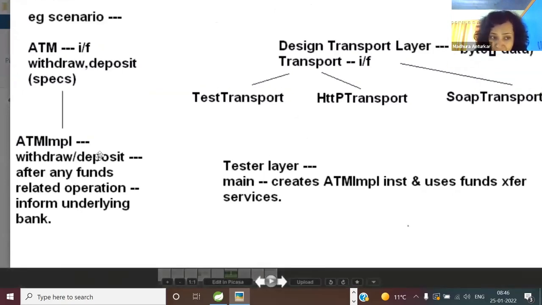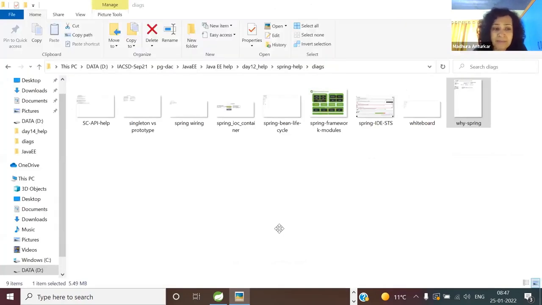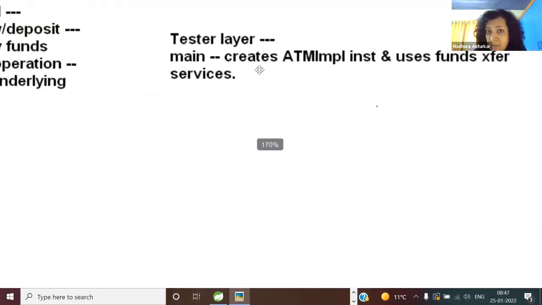In the ATM implementer's withdraw and deposit methods, we are going to call the transport layer's communicate with bank method. So who is going to call whose method? The ATM implementer, that is the withdraw and deposit business logic functionality, is going to depend upon the transport layer. So which is the dependent object and what is its dependency? It is all about dependent and dependencies. ATM is the dependent object, and the transport layer is its dependency. Everyone is clear? So at least figure out the basics.